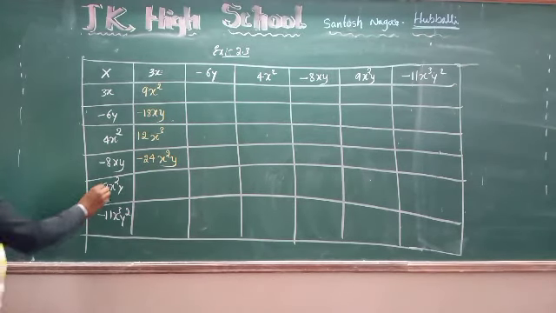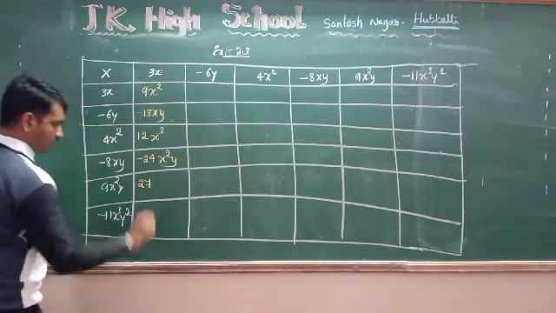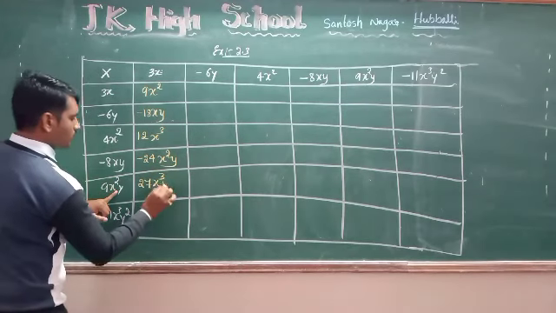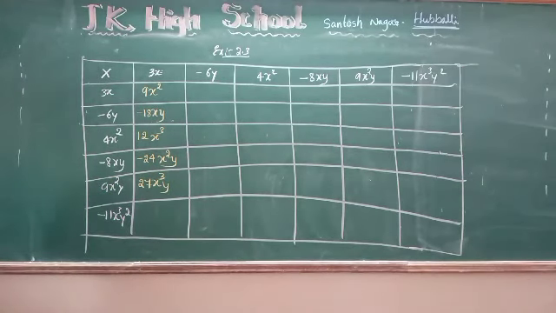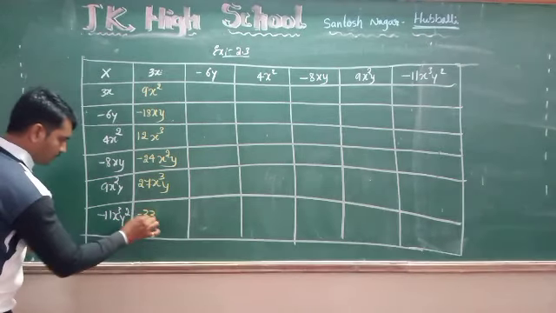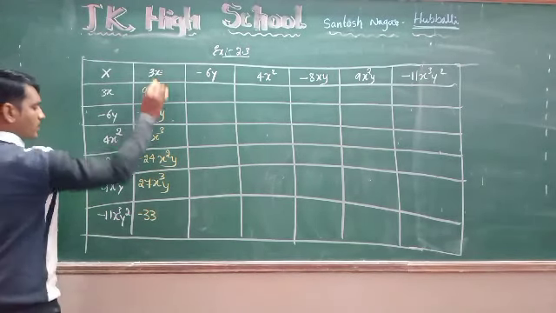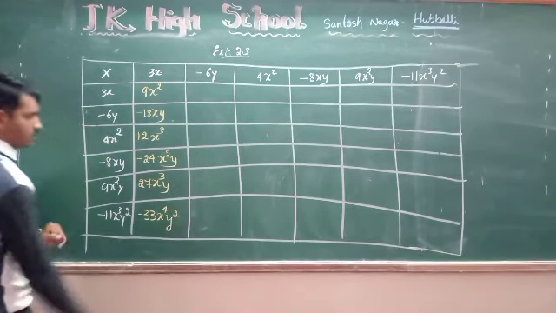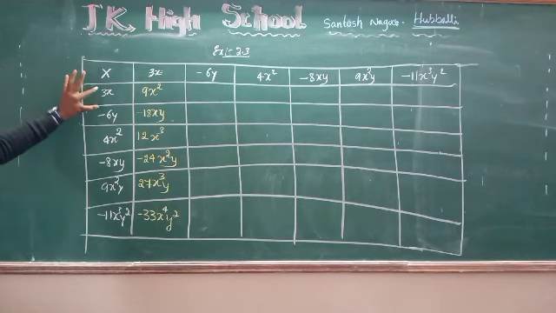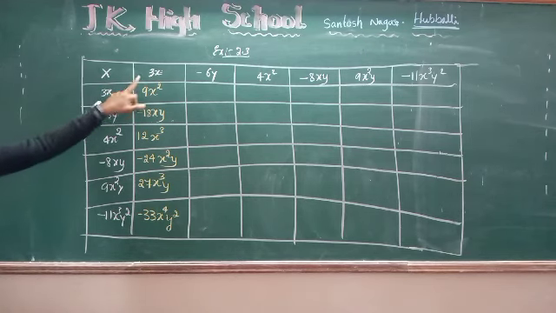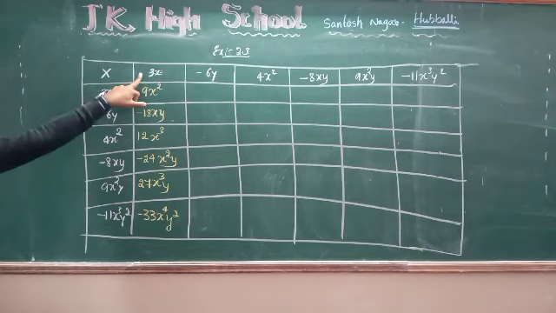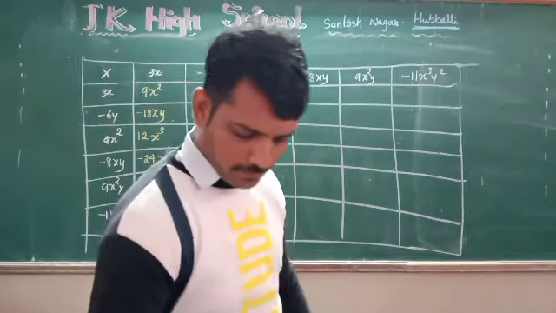From the next one, 9 3s are 27, x into x squared, x cubed, and remaining is what? Y. Next one, 11 3s are minus 33, x cubed into x, x to the power 4, y squared as it is. This is clear. First row, first column, second row, first column, third row, first column, fourth row, first column, sixth row, first column, and 7th row first column. So next go to the second column.